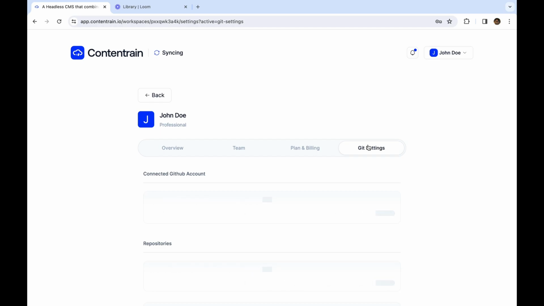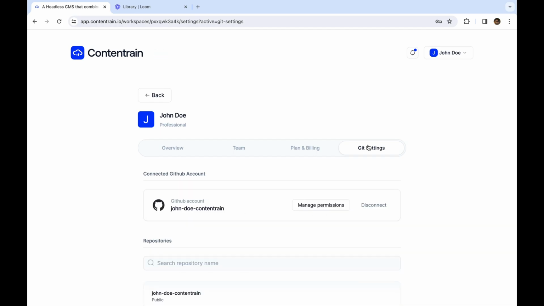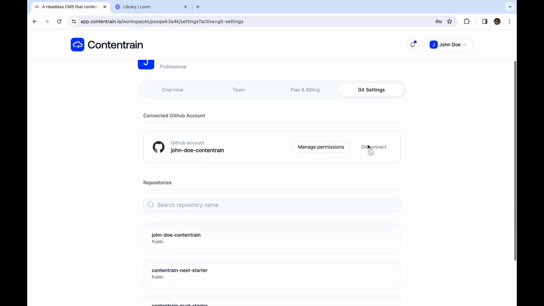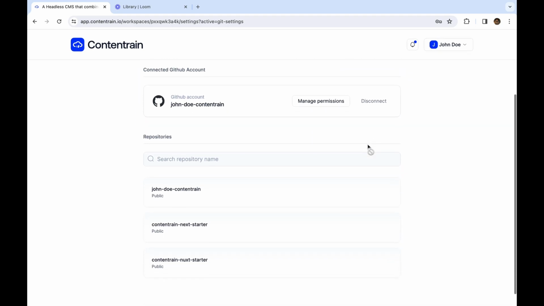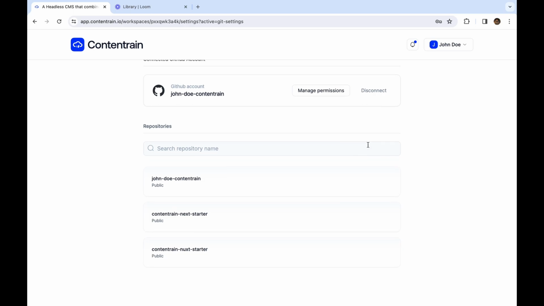And lastly, in the Git Settings tab, you can see your Git account connected to your workspace and view your repositories. And you can also manage the permissions for this account or disconnect from it. Please note that each workspace can be connected to only one Git